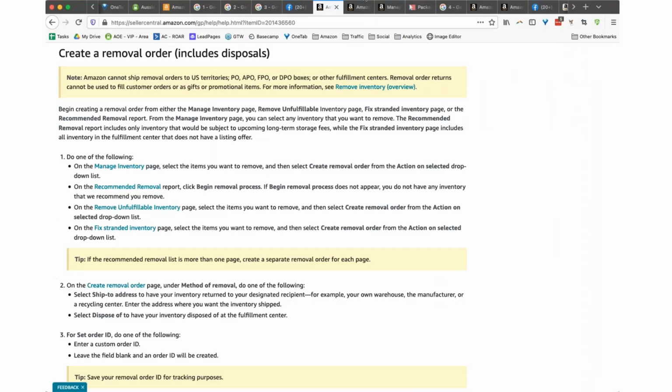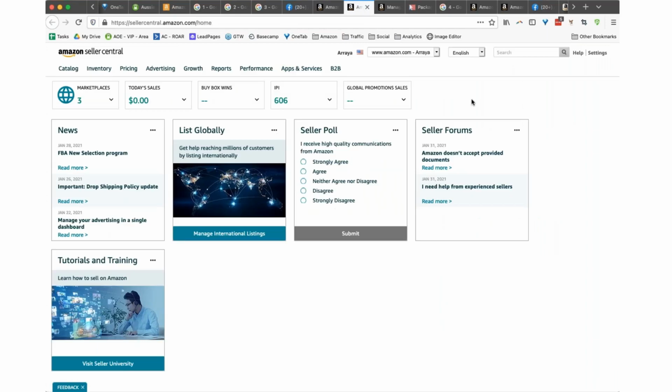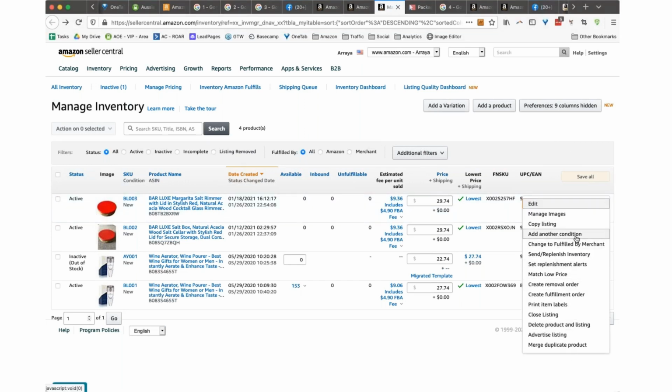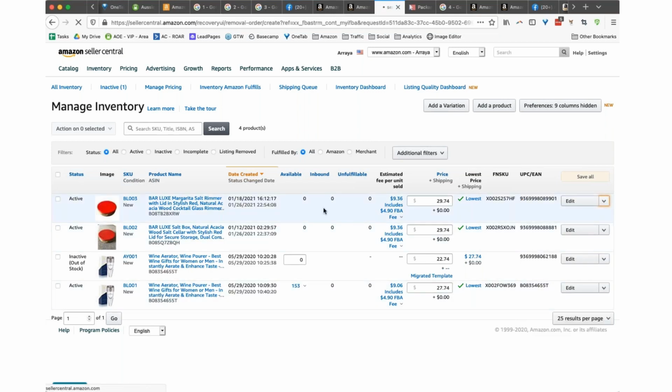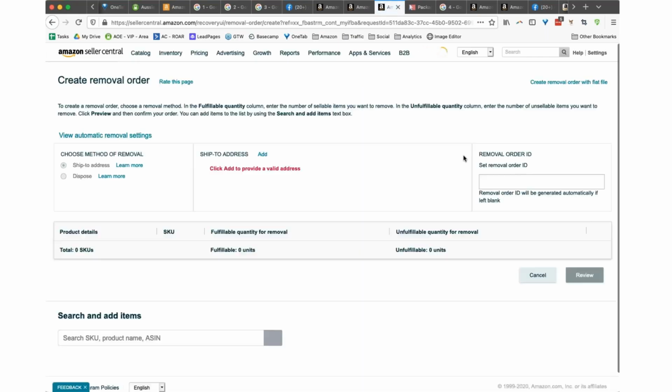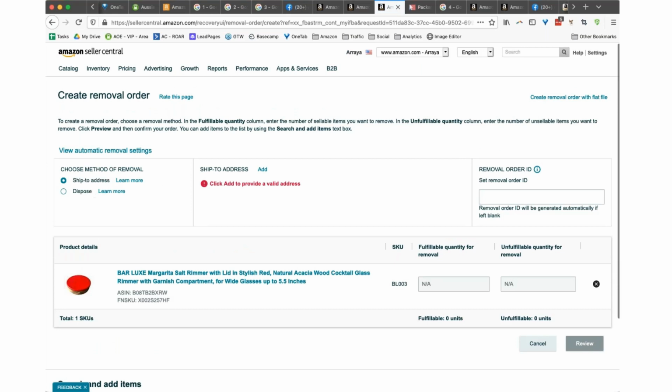So here we are in Amazon Seller Central. On manage inventory, just go to your inventory, whatever it is that's been returned to you, and you can do different kinds of removal orders. So let's go through the process. Create removal order. From here, you get to do the removal order for the individual product, or you can do a disposal order. So if you just want to get rid of something, you could just do a disposal order, and Amazon will just,